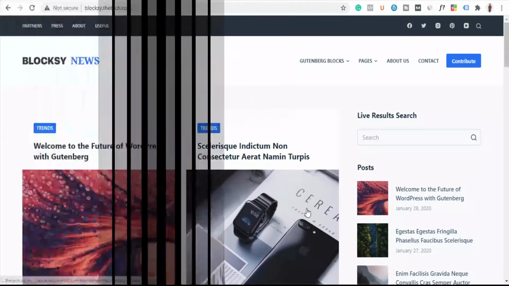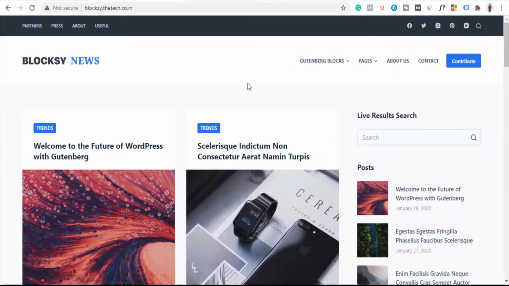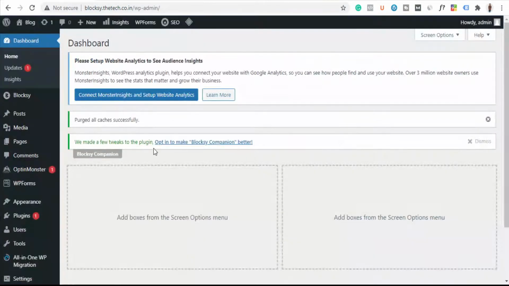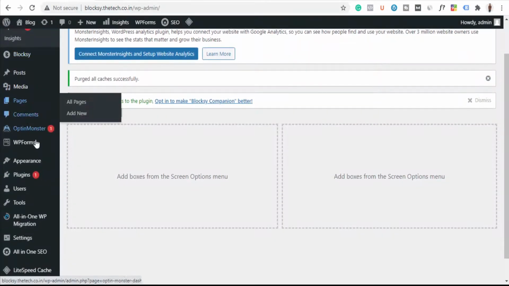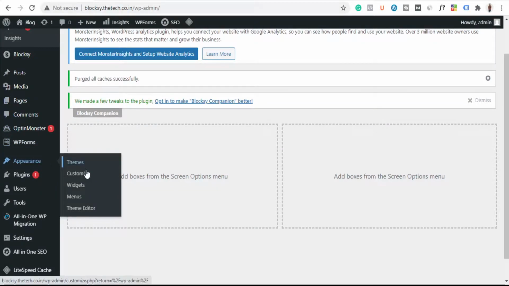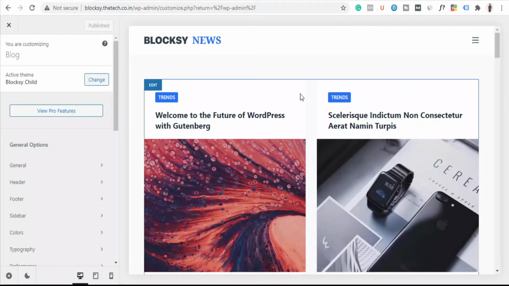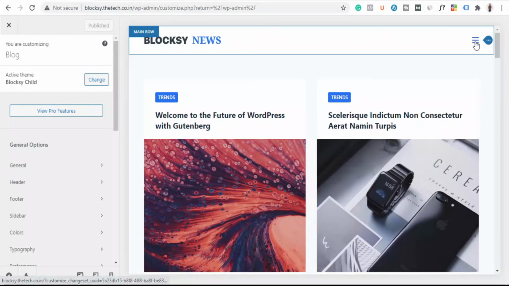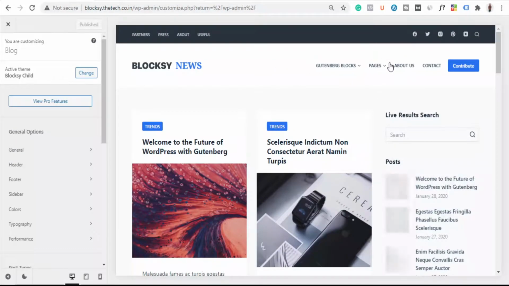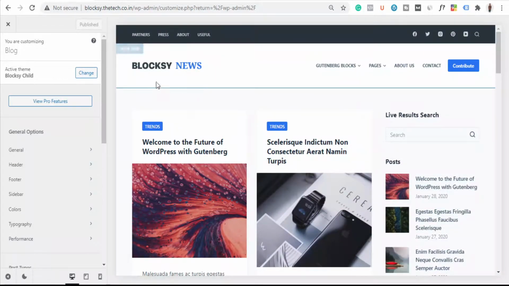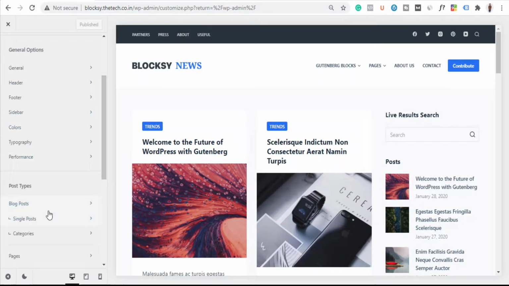So let's get started. Okay, so to start the customization, let's first go to the WordPress dashboard. So this is the WordPress dashboard. Just go here, go to the Appearance section and click on Customize. So now you can see that you are getting this hamburger icon. If you want to see all these pages here, just press Control minus and you can see all the pages. Okay, so let's first start with the customization. I'm going to show you step by step all the processes here.